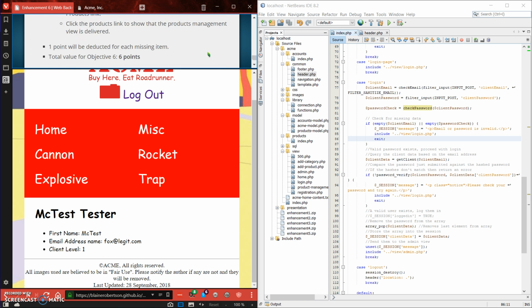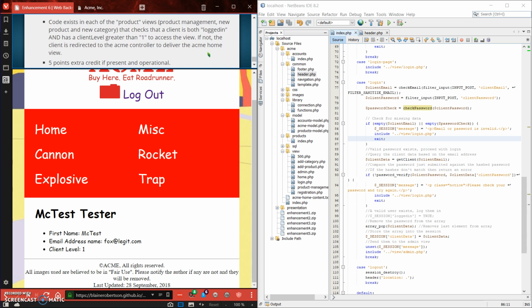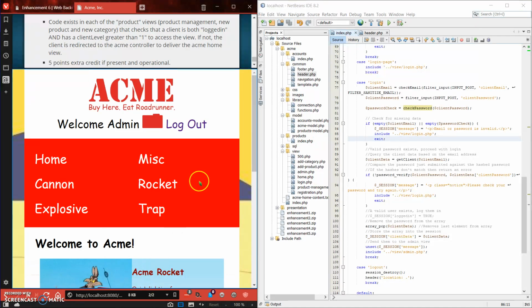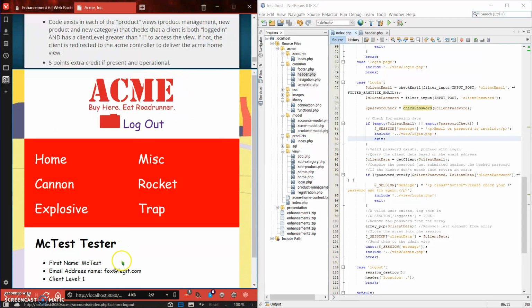And for the extra credit, as a not greater than 1 client, which is our level 1 client right here, we're going to go ahead and pop over to a products page and just show that it does get redirected. So we'll just go to the products index, right? This one right here, and they get redirected to the home page. Just to further nail that point in,